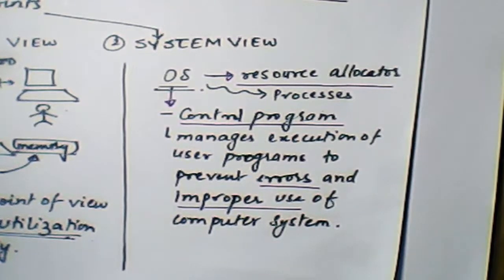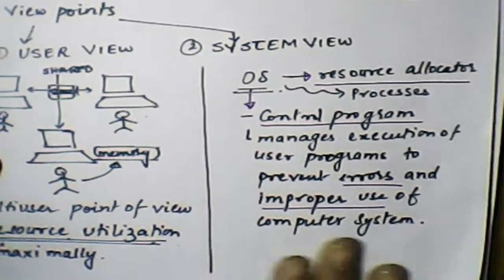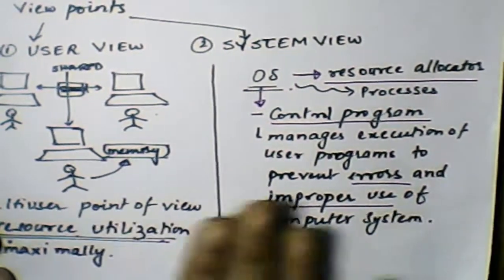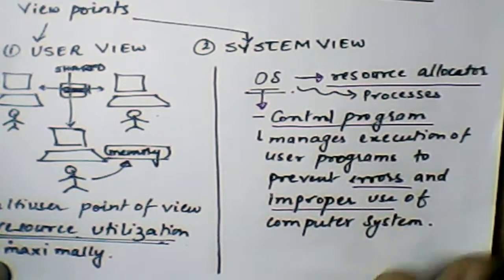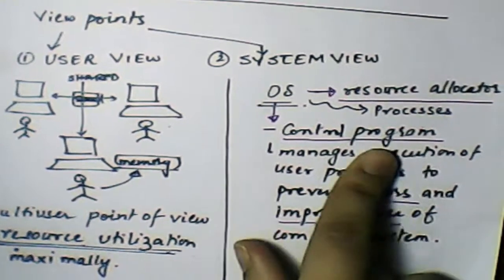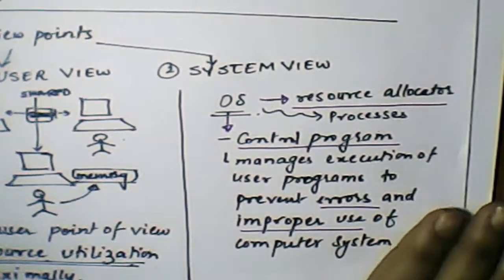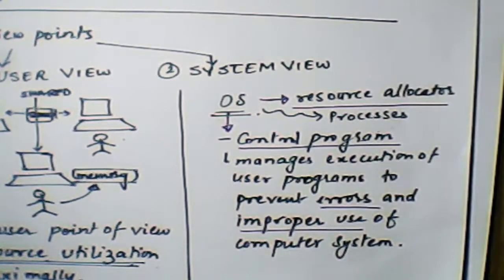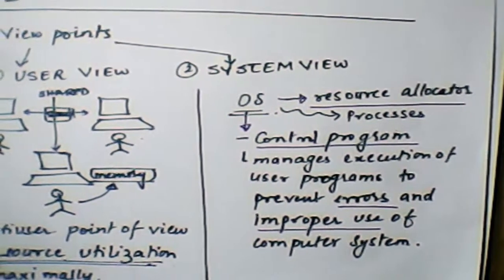There can be a case where a user is pressing the keyboard and mouse simultaneously. An error will pop out that system cannot understand it. Who is basically doing this job? This job is done by control program. Yes, you're right, control program. So these are the two viewpoints of computer system, and based on this there are roles of operating system: to maximally utilize the resources, to allocate the resources to processes, and to have a control program to manage the errors in case they arise.